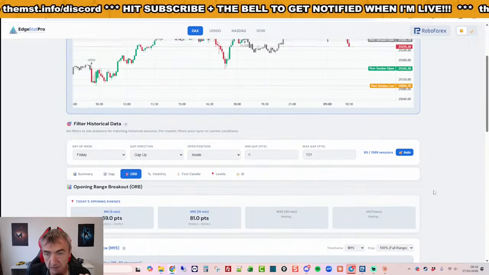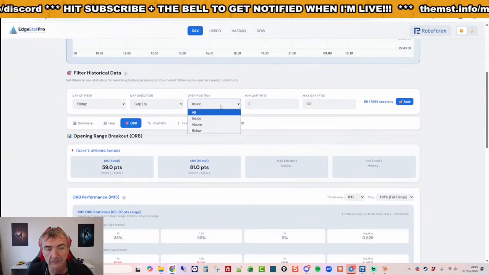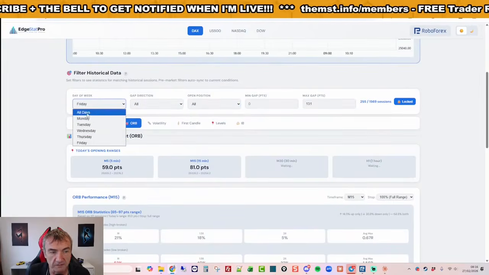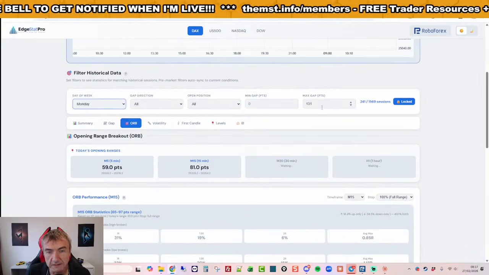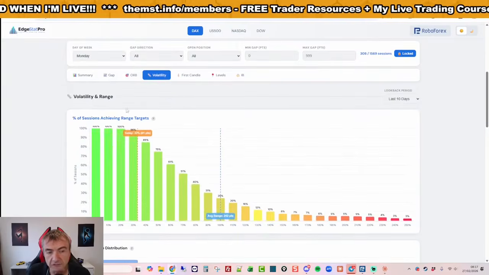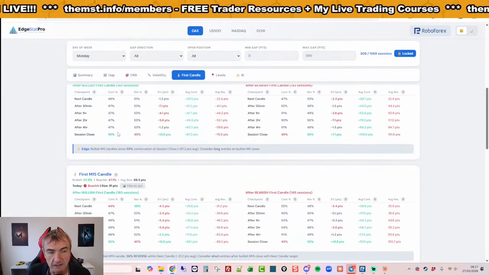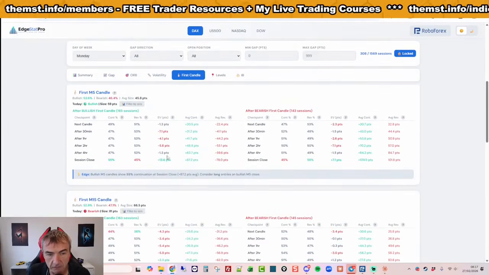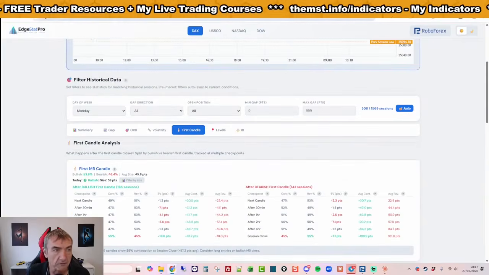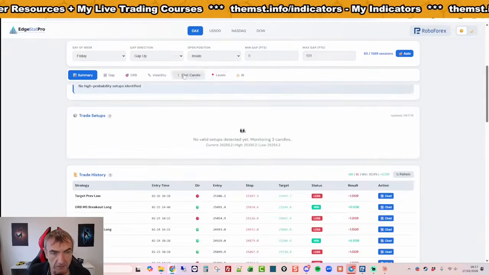So this updates automatically, but you can also lock this in, so you can basically look at what happens on Mondays typically, and you can find edges. It's really good for finding edges. Yeah, so you get some really good reversal edges on some of these. Let me just look at refreshing that and just see if there's any today.